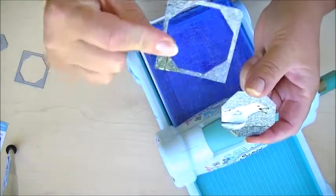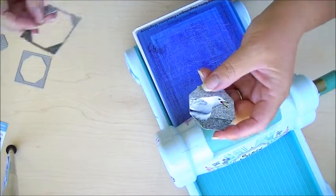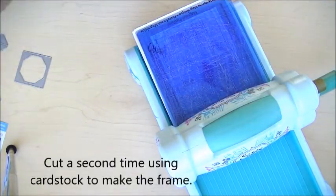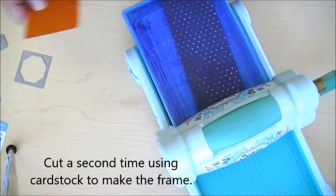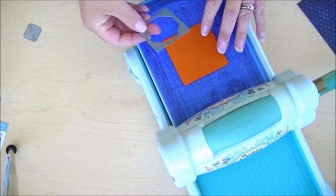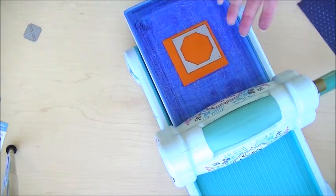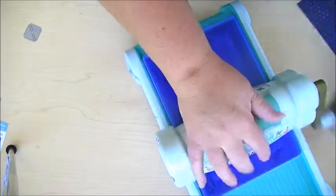And this is the frame, but we want the frame to be different than from the photo, so we're going to cut it a second time using patterned paper. And let's use solid paper. So we're going to stick some cardstock on here, put it on exactly the way we did before, crank it through one more time,